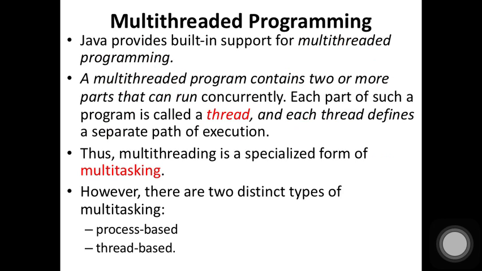What is meant by multi-threading? Multi-threading means having more than one thread in a particular program. A part of a program you can call a thread, and you can run more than one thread concurrently using this multi-threading concept. Java provides built-in support for multi-threaded programming, and sometimes you can name multi-threading as a specialized